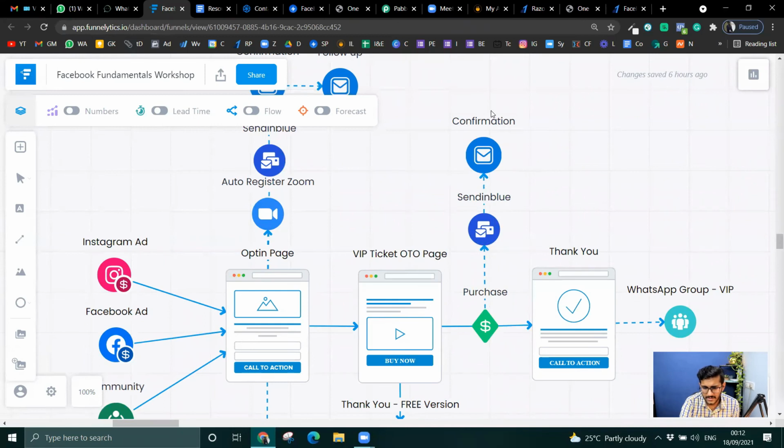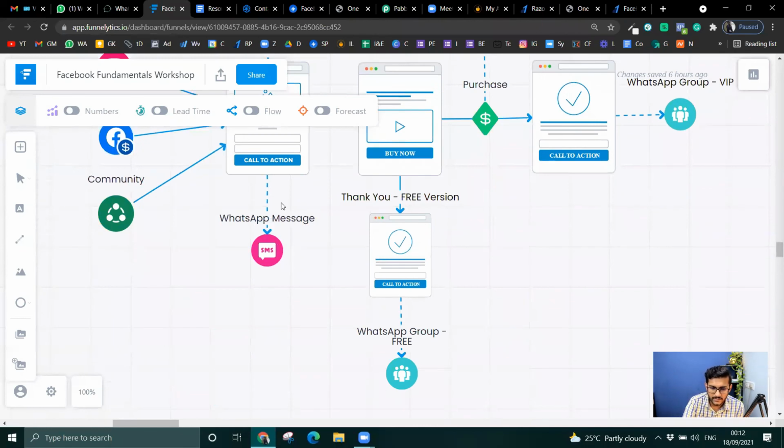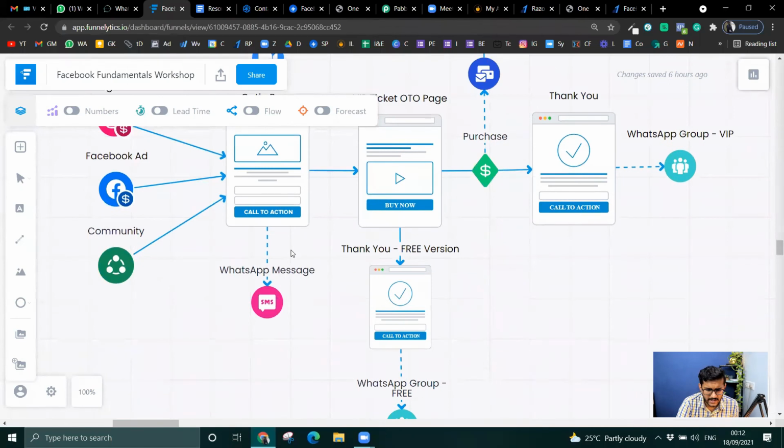Now this part is something I'm going to skip for now for this video, because when they purchase anyway, they're going to get the message and everything. Something that we are left with is WhatsApp messaging. Okay, that is something that I need to do. Let me see if my camera, oh my God, camera got tied.